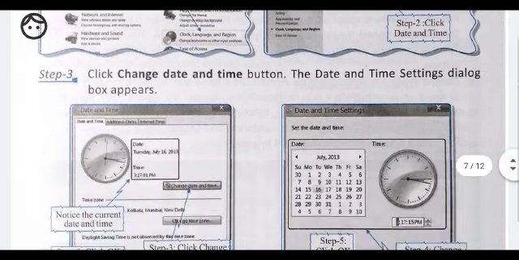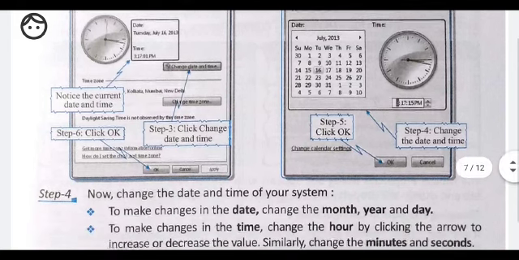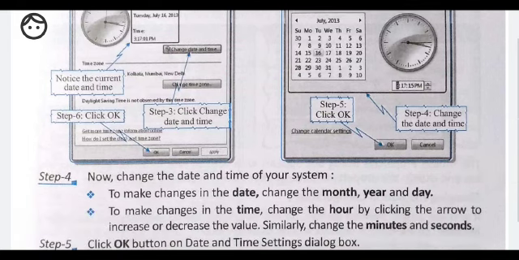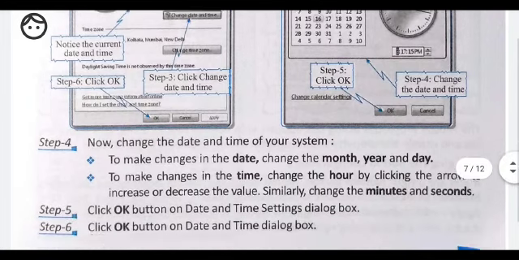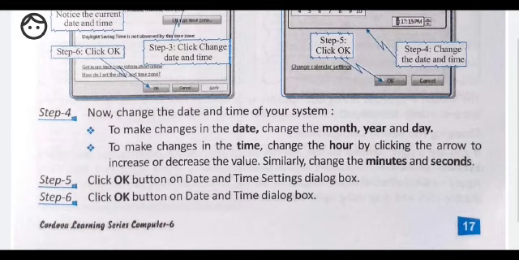For changing the date, you have to change the month, year and day. To make changes in the time, you have to change the hour, minutes and seconds. To increase and decrease the value, you are given some arrows. See the picture: for date, month, year and day, and for time, hour, minutes, and you also have to change AM and PM, ante-meridian and post-meridian.